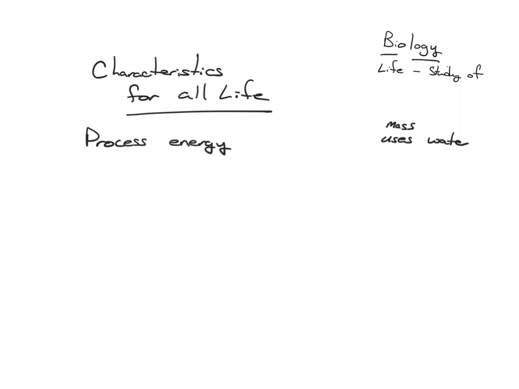They have to consume things to survive. So I'm going to leave that with processing energy. Consumption. Now, plants make their own energy, but they still need nitrogen and CO2, so they're still consuming. They all have carbon? They're all carbon-based. Yeah, all life on this planet. So these are all correct.